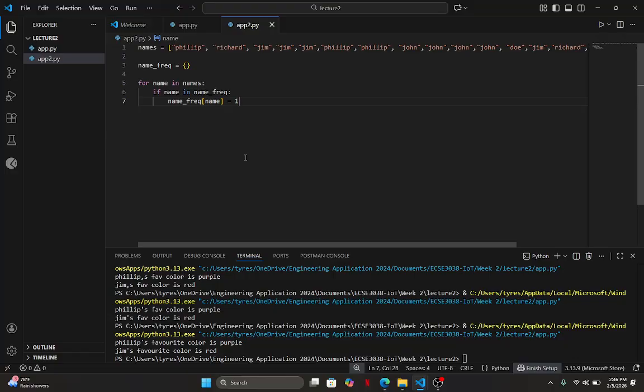Wait, sorry, that is if it is not in there. My mistake, I did the opposite thing. Hold on. If it is in there, I'm just going to add 1 to the thing, so plus equal 1. That is, if the name is in the dictionary, just add 1. But if it's not in there, I'm going to set it to 1.